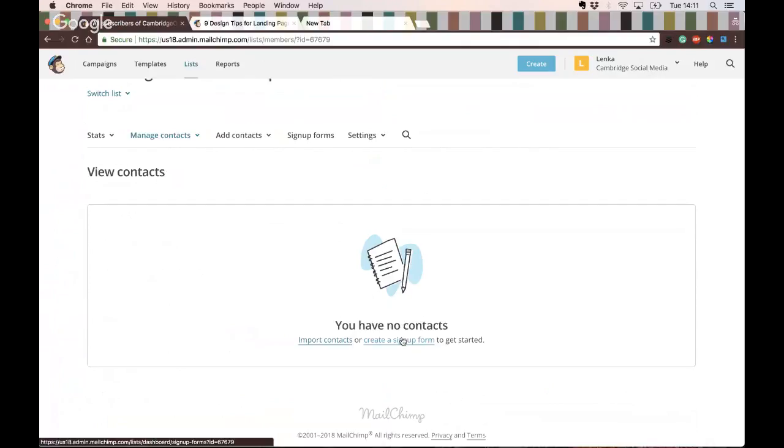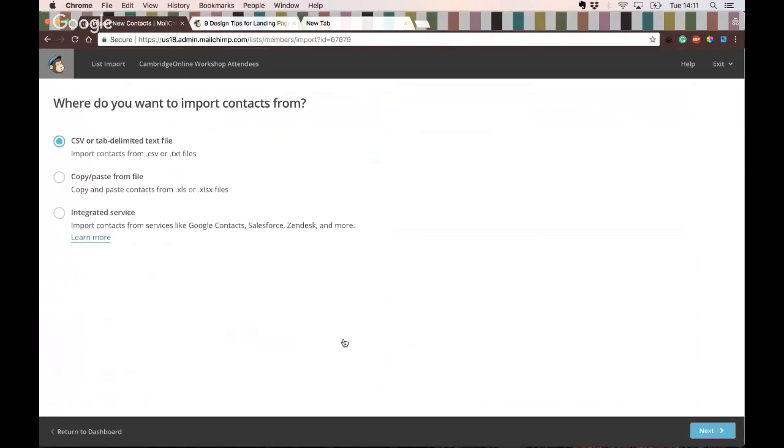In this scenario, we will assume that you already have your list somewhere, so we will try to import your contacts. And you can see that there are, again, multiple options for how to import. If you have them in a spreadsheet, you will need to have it in a CSV or text file, or you can copy paste them if you have them in an Excel spreadsheet. Or you can use one of the integrated services, like Google Contacts or lead generation tools like Salesforce or Zendesk. So right now we will try copy paste from file,